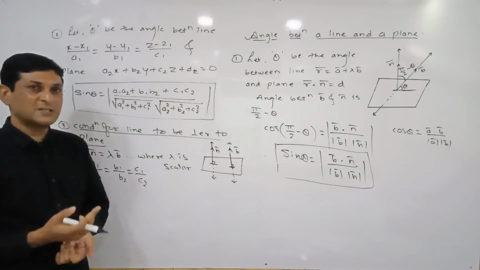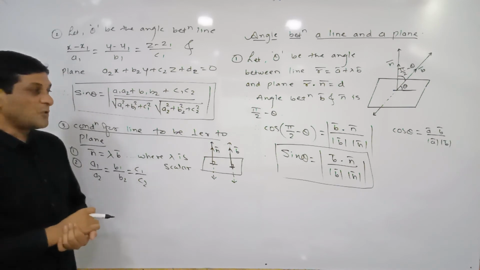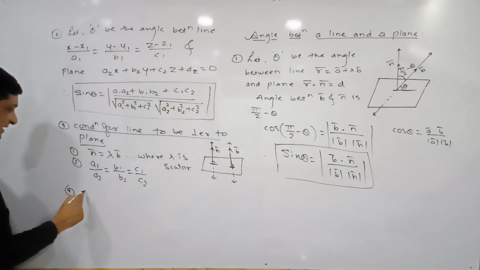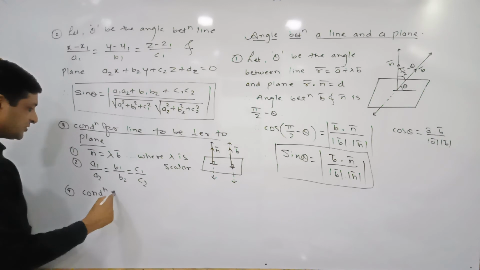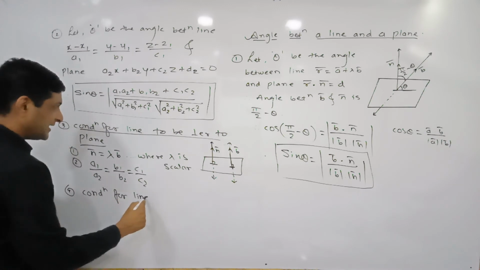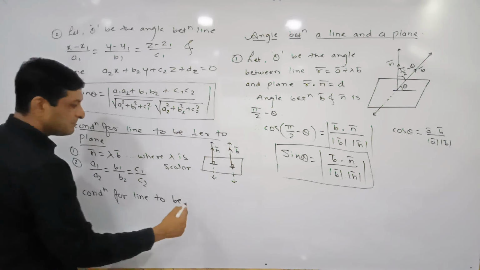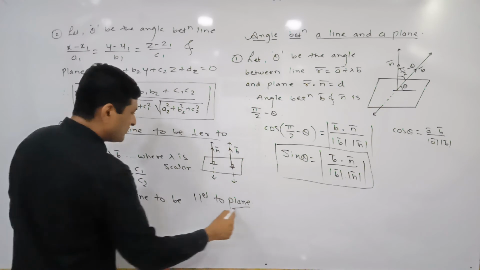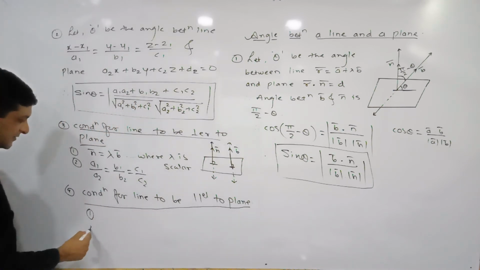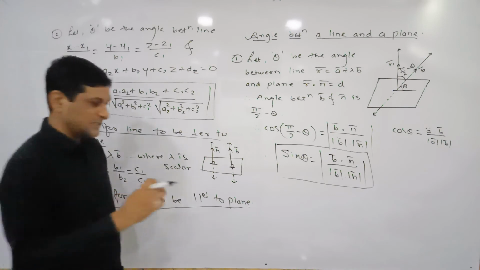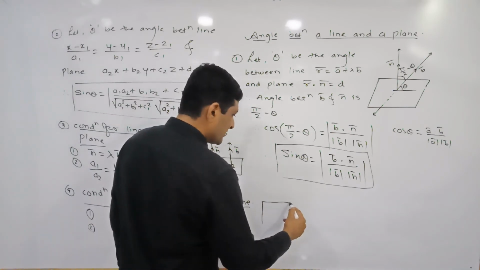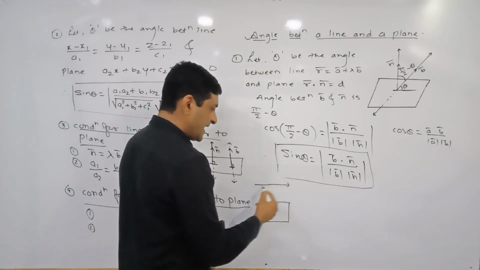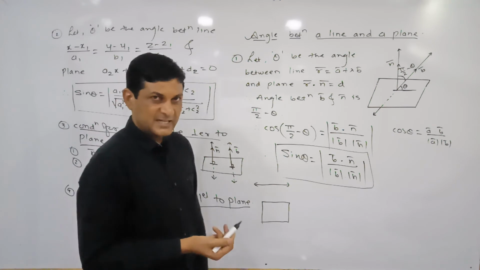And now let us discuss the condition for a line to be what? Parallel to the plane. So now the next important result is the condition for a line to be parallel to a plane. Here also we are trying to find two conditions. One is in vector form and another is in what? Cartesian form. So let us consider one plane. Plane means a flat surface, and let this be a line which is parallel to this plane.